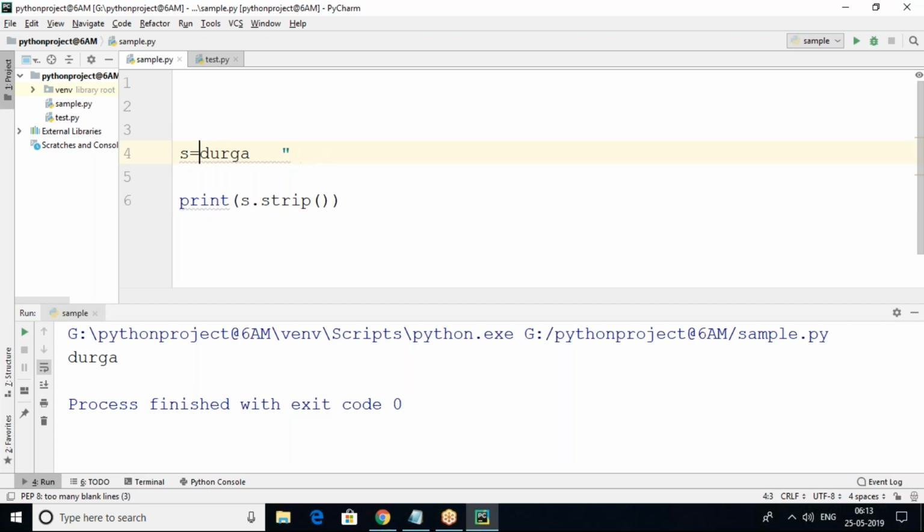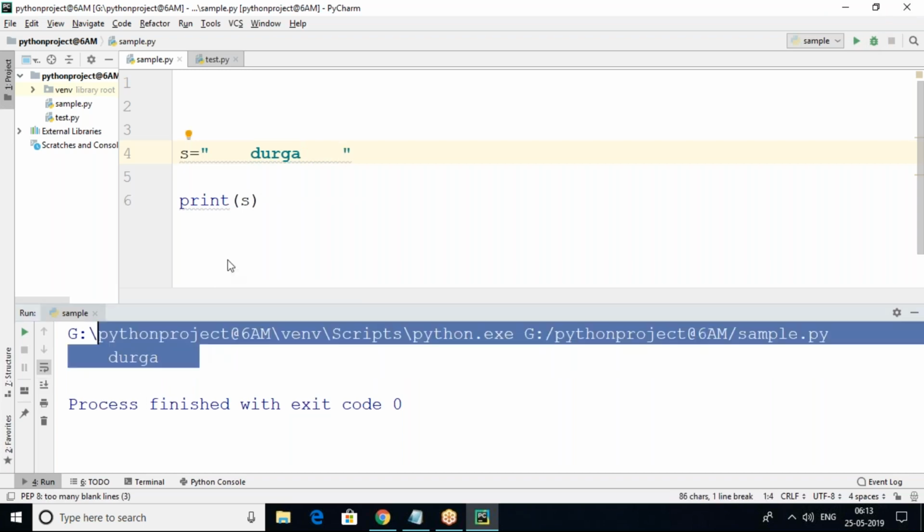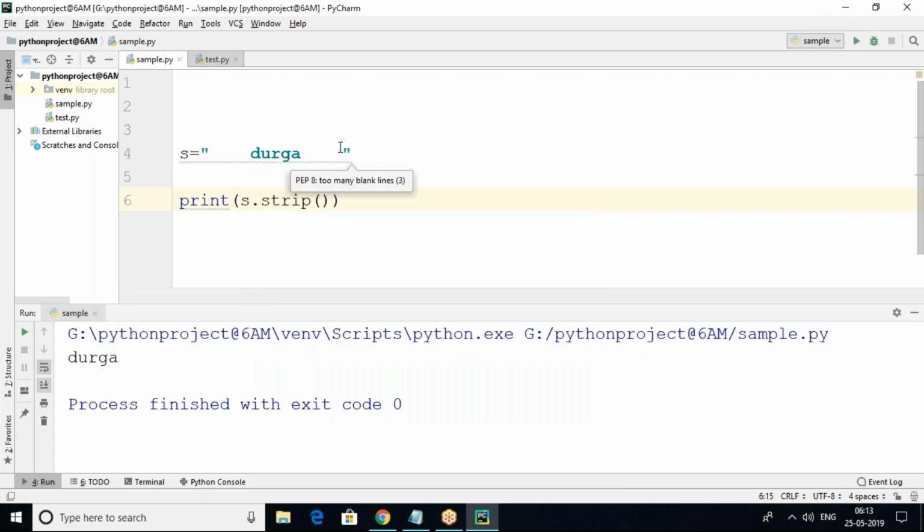Without strip, if I simply print s, you can see the spaces are available in the result. Whenever I apply the strip method, the leading and trailing spaces are removed. This is called the strip method.